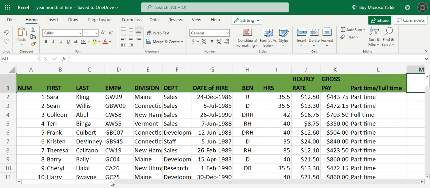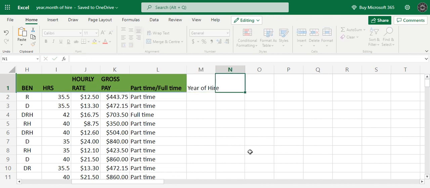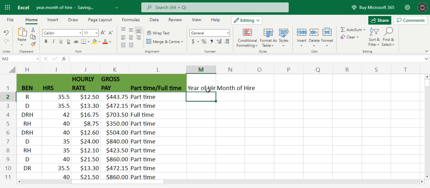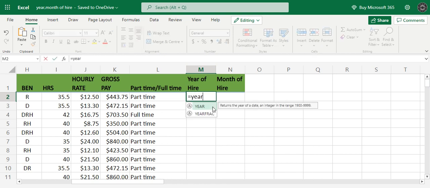So over here, I'm going to create a column called year of hire and month of hire. So I'm going to use the same format. Over here, I'm going to use a function,